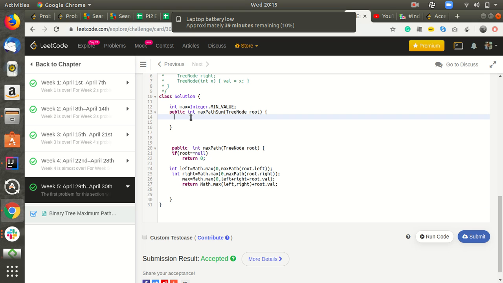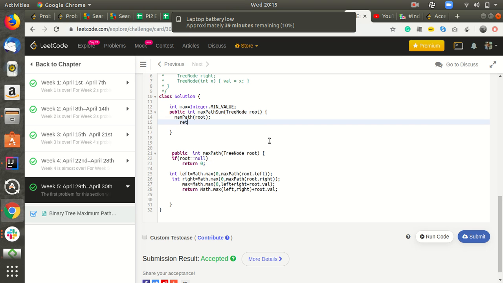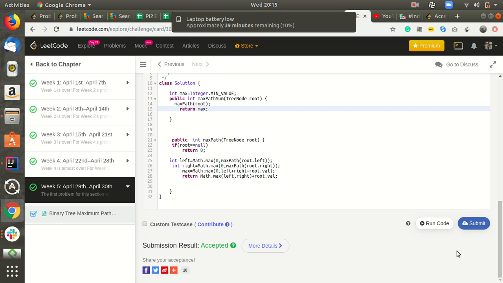So let's call max path from our function with root, and return max. Let's submit it. Let's check if we have done it in a proper way. Yes, looks good.